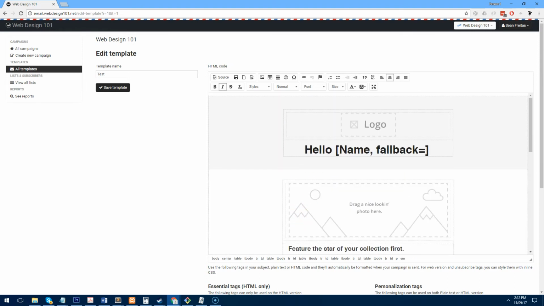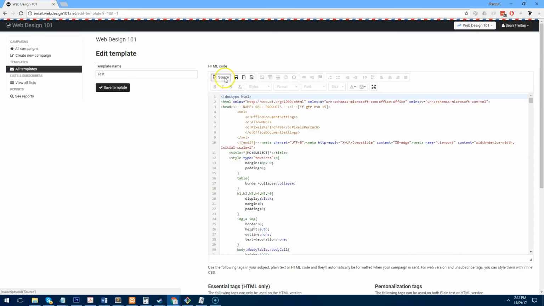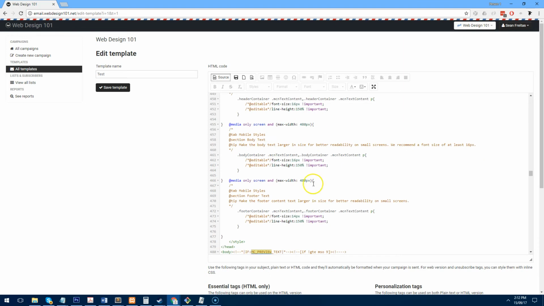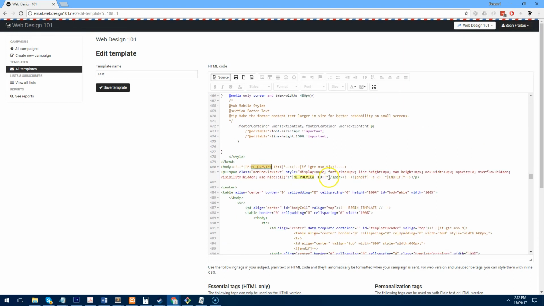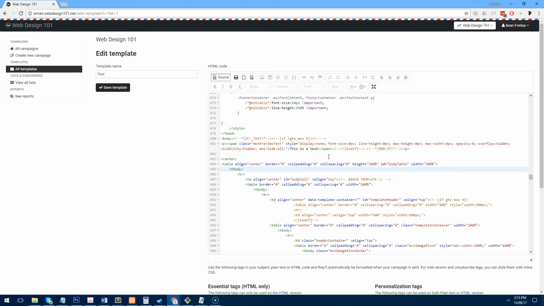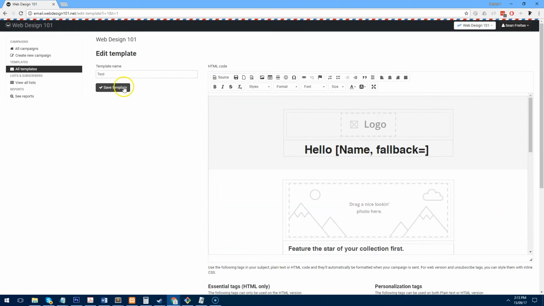And there's one little thing I noticed is that the subject comes up a bit strange as well. So what we do is we just have to look for a code called MC, do a search, MC preview text. And this is just the text that comes up when, say, for example, you receive the email on Gmail. If you get a small snippet of what the email is about before you click on it, you just need to change this. So we can change this to "this is a test," for example. And that looks like it's okay. So let's save that template